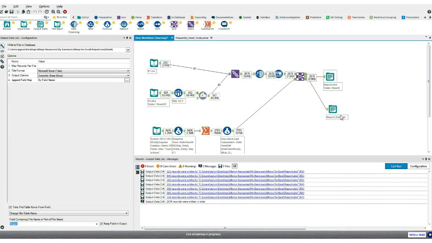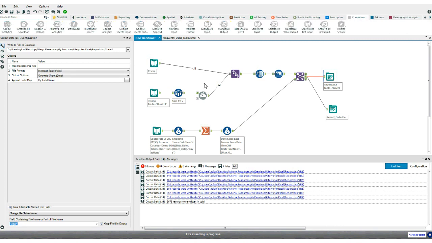Now, earlier Lisa mentioned that we can also connect to your data in the cloud. If I want to utilize some of our built-in connectors, I can send my data back out to perhaps Google Sheets or Salesforce. Really, the sky's the limit in terms of where you want to send this data because Alteryx is data agnostic. Now that I've automated this prep and blend piece of my workflow and report, I've now freed